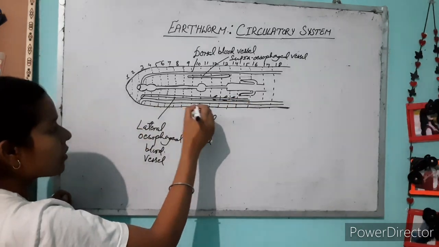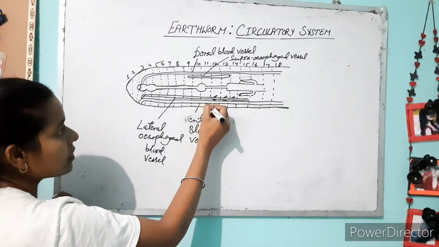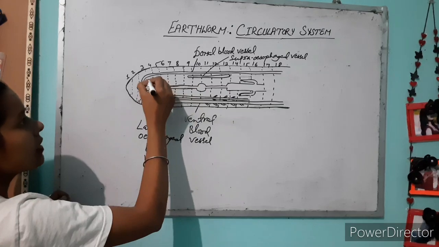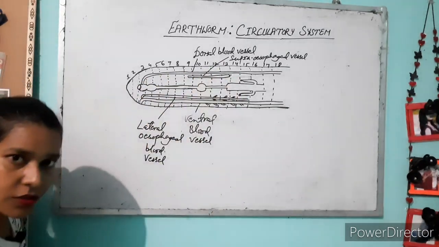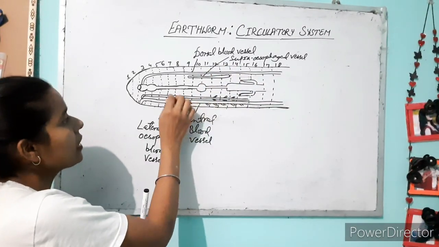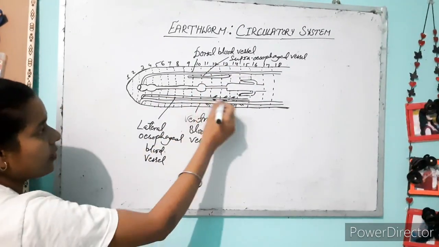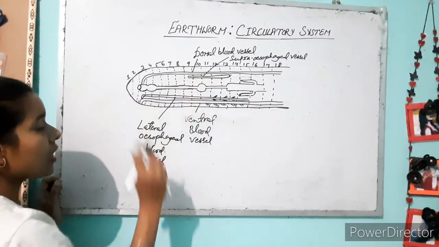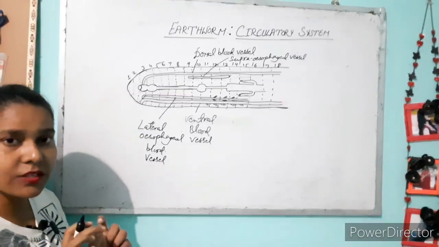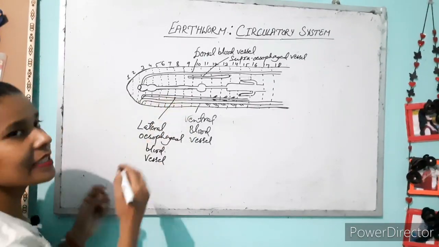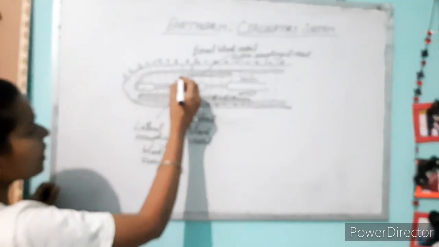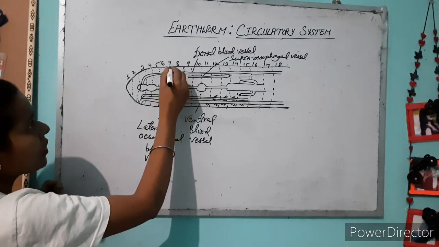In the ventral blood vessel there are also branches. You will see this branch type. Okay, it is a branched tube. But the dorsal blood vessel and the supraesophageal blood vessel are not branched themselves, though they consist of branched vessels. All four vessels are attached with each other by a tube-like structure that is known as the heart in this organism, and it starts from the 7th segment.